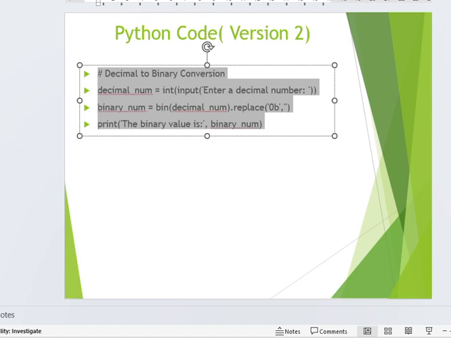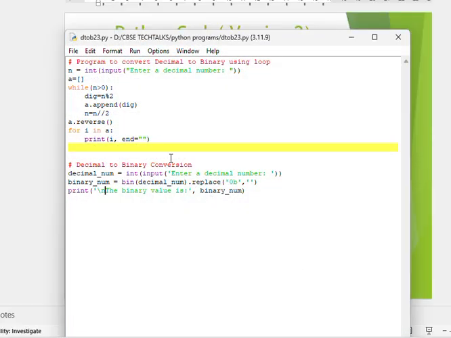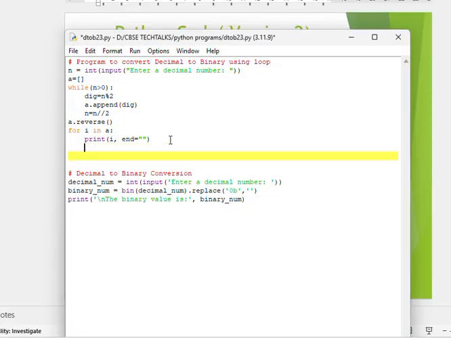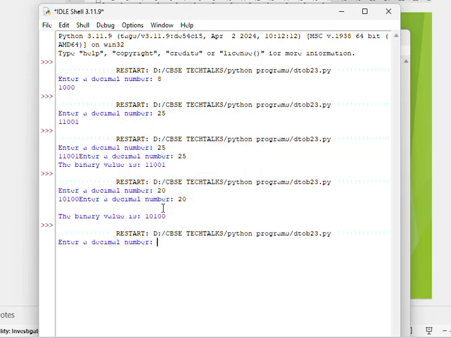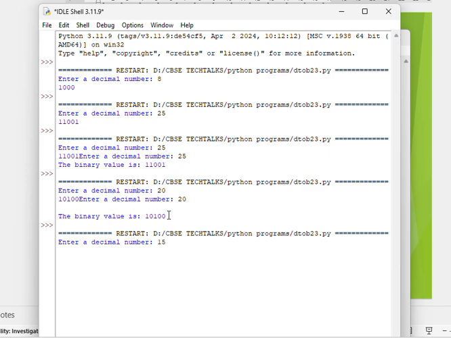Before that, as we are doing more than one program in the same file, ideally you can simply write print. It will remove the effect of end and ln of the previous program. This is not to be mentioned when you are writing in the theory paper, but if you are using all the programs of a day in the same file, you must go with it. 15, it should give us four ones. Enter the number. Now in the next line, again 15, we are getting straight away 1 1 1 1. So is it clear?